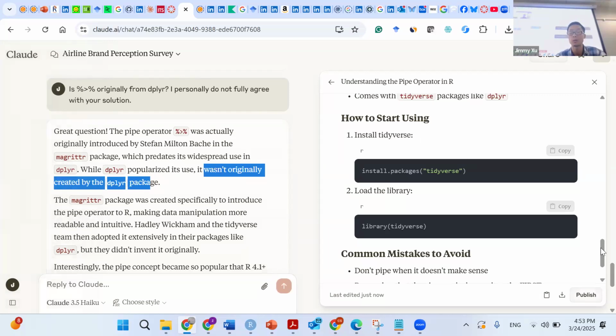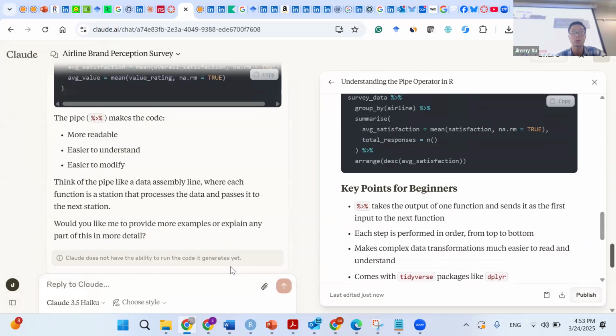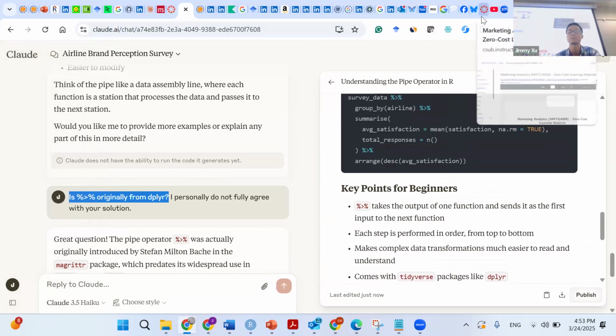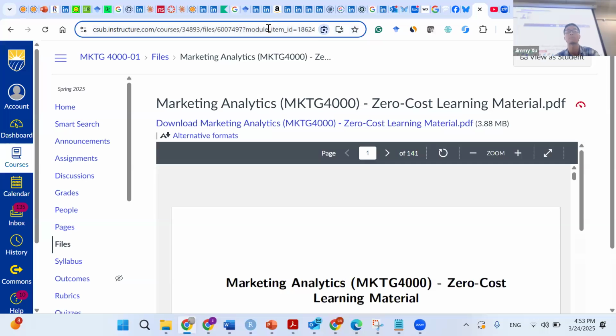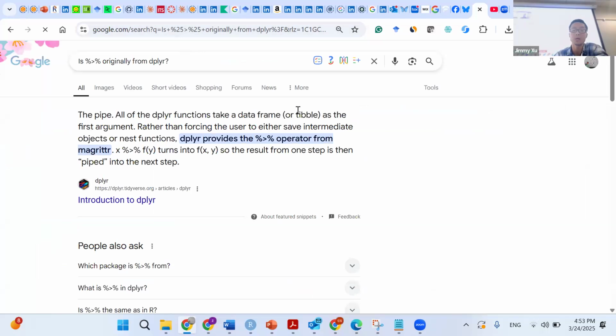So I'm going to do a Google search, because I always thought that this function is from dplyr. Okay. Now I'm going to ask Google, because I think he's making a mistake. So I'm going to ask Google if this is actually from dplyr. Okay. So that being said, see here, Google actually shows me that this is from dplyr.